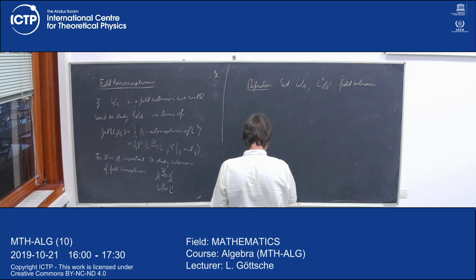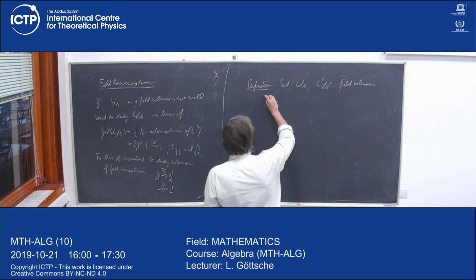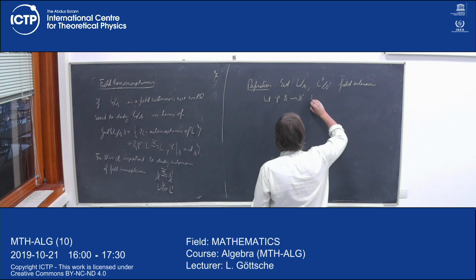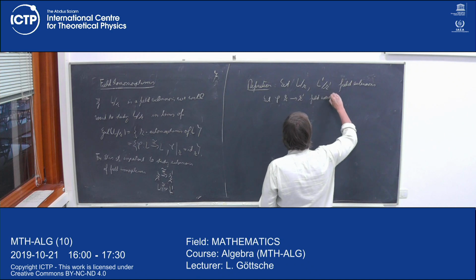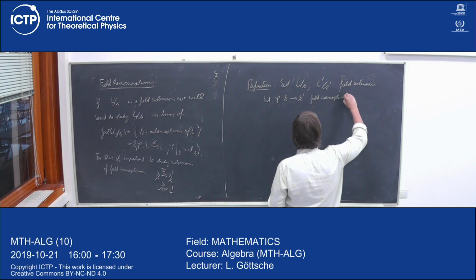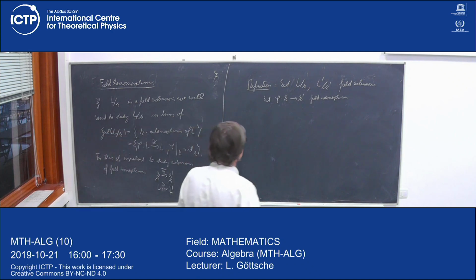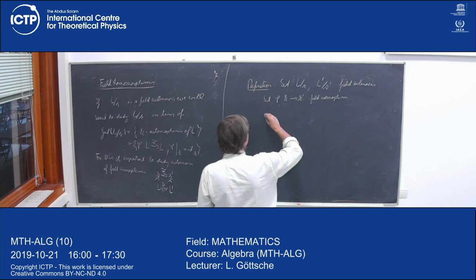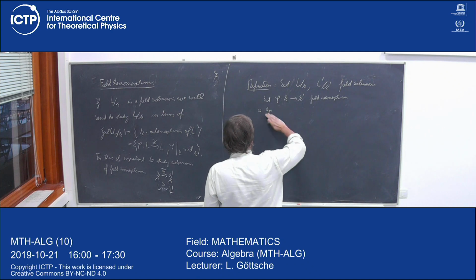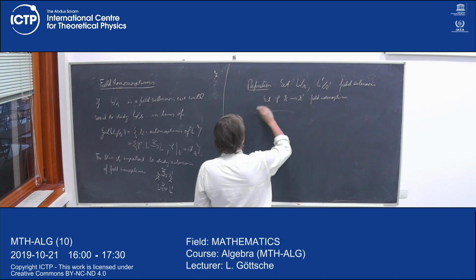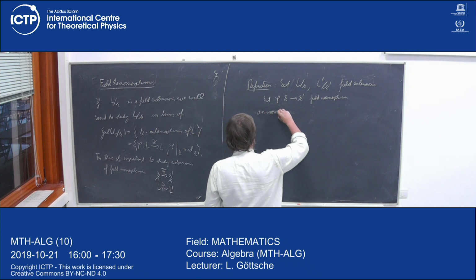Okay, let phi from k to k prime be a field isomorphism. So an isomorphism of rings, where these rings happen to be fields. Well, okay. An isomorphism